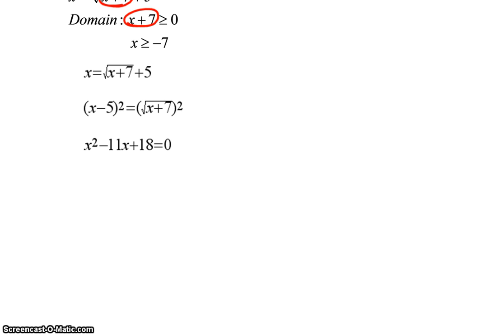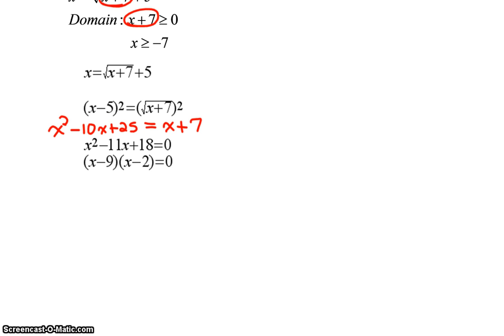Don't mess up when you square x minus 5. Remember that that is actually x squared minus 10x plus 25, and on the other side you just get x plus 7. Then I moved everything to one side because I had a quadratic term, an x squared term, and a linear term, and I ended up with x squared minus 11x plus 18 equals 0. Next step,